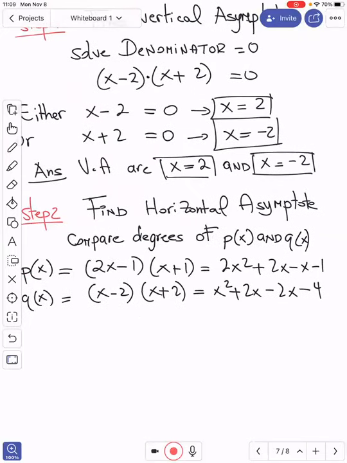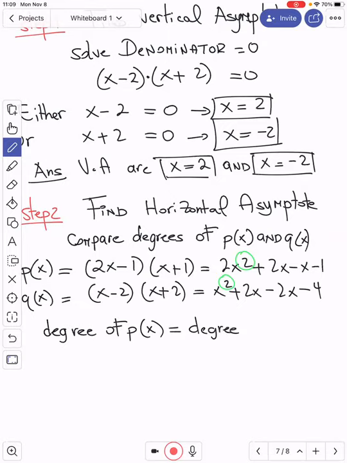So this is, again, similar to the previous example. P and Q both have the same degree, equal to 2. So the degree of P is equal to the degree of Q, and that will be equal to 2. Now this part is different from the previous example, because when you have the same degree,